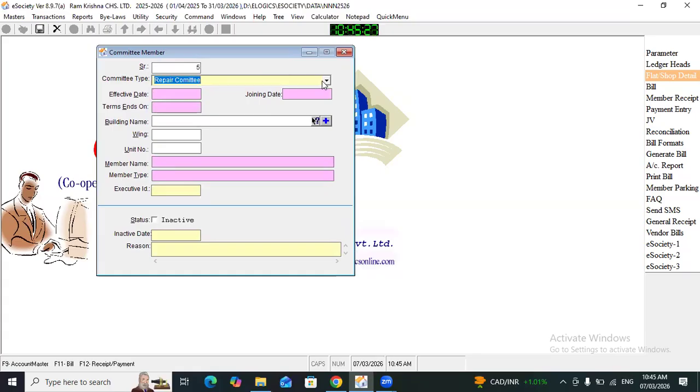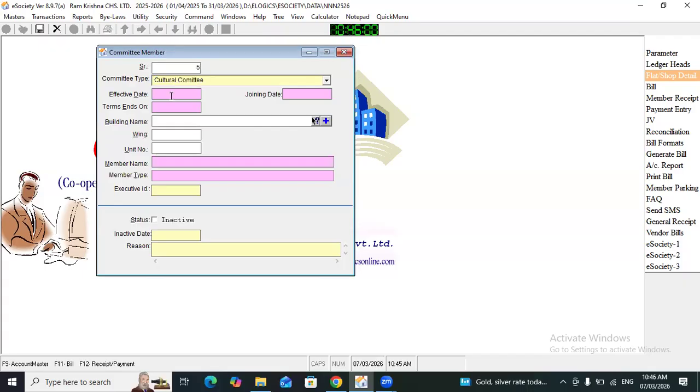As you can see, I already created two committees, Managing Committee and Repair Committee. For creating a new committee, in committee type, enter the committee name.